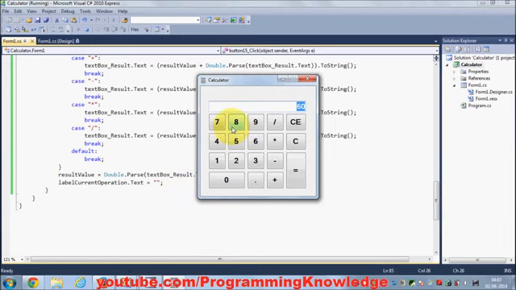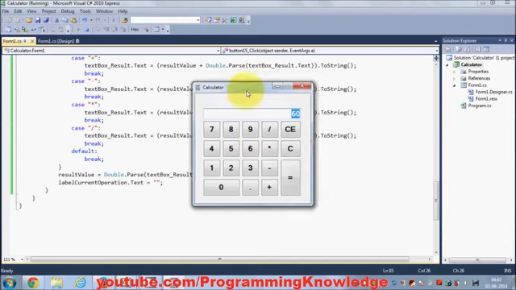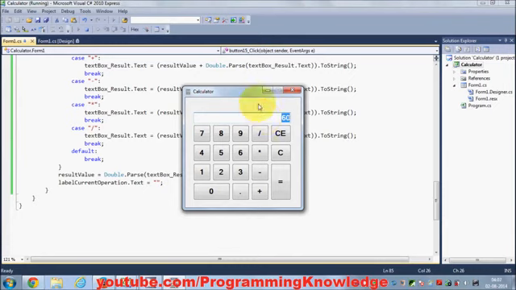There are still more functionality you can add to your calculator, like square root or some other mathematical operations, but this is how you can make a simple calculator. This can be your starting point to make a calculator, and you can play with it. You can add more functionalities like key press events. Right now it's just listening for these events, but you can add key press events and other events also and make it more advanced. So I leave it on you how you can use this calculator and make it advanced,